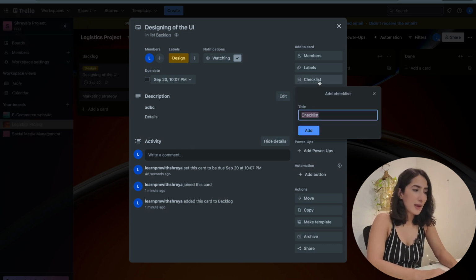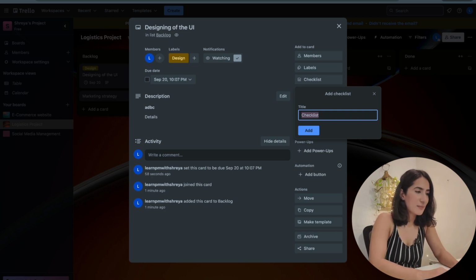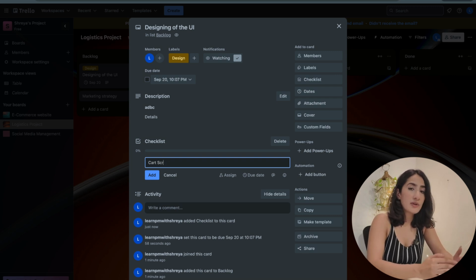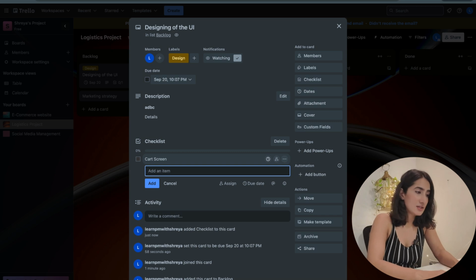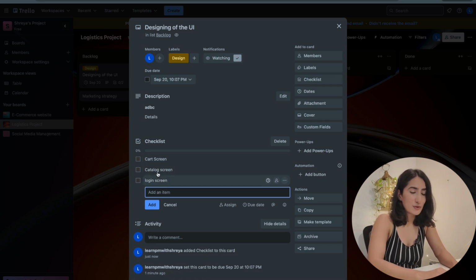Then we go through the checklist feature, which is again one of my favorites, and that is because in this feature, we are able to create mini tasks within this bigger task. So here within the checklist, for example, I'm going to add some further tinier items, and this card cannot be closed until all of these checklist items are done, and that should be the best practice that your team also follows. So you can add all of these multiple mini tasks into your checklist.